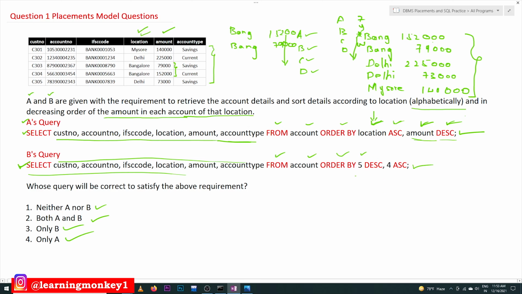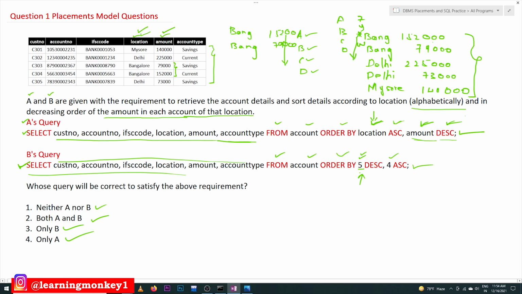So what is this? So far we haven't discussed. The entire course of DBMS is already there with more than 150 videos. In that entire course we have never seen this kind of query where the numbers are provided without the names of the columns. So this is the fifth column. This kind of numbering for the columns is accepted in SQL.